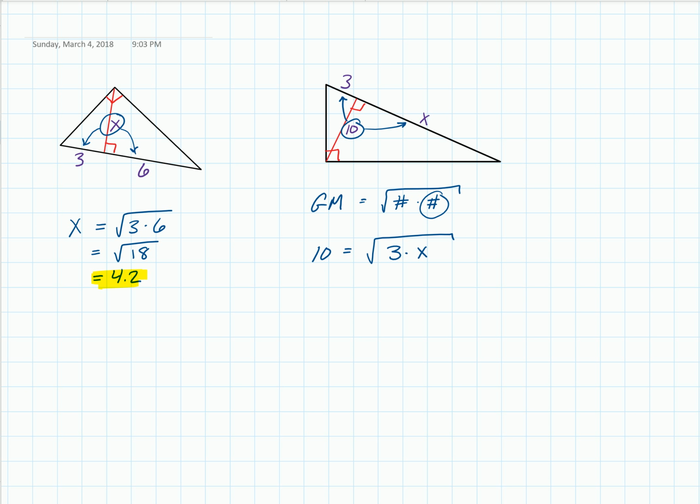We'll solve this problem by squaring both sides. And so now we've got 100 is equal to, now the squaring and the square root cancel each other, and we just have 3 times x. We'll divide by 3 on both sides. And I'm left with x is equal to 100 divided by 3, which is 33.3. So still quite a bit simpler than drawing out our